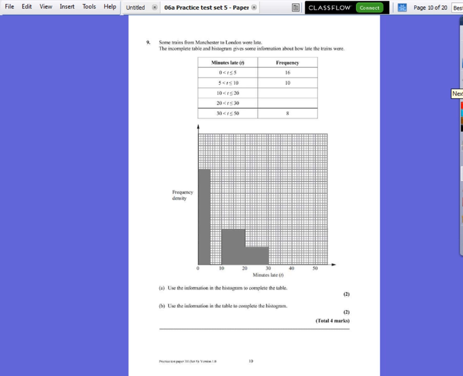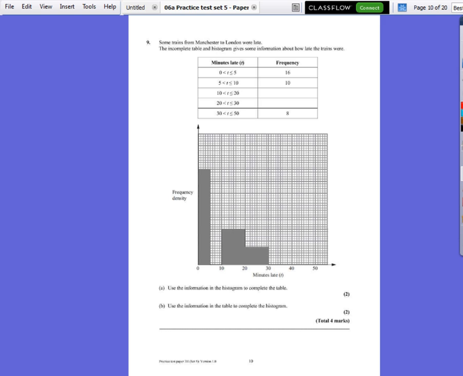Question 9. Some trains from Manchester to London were late. The incomplete table and histogram give information about how late the trains were. Use the information in the histogram to complete the table, and then use the information in the table to complete the histogram. Well, on this question, we always want to look for a bar and a complete set of information